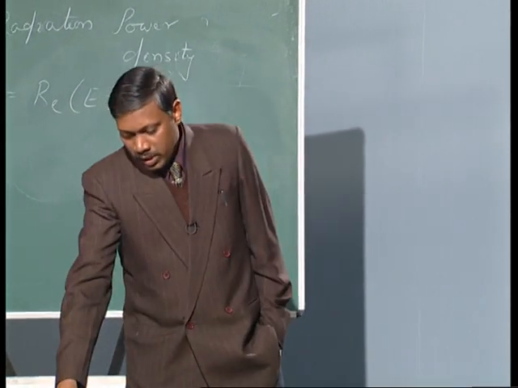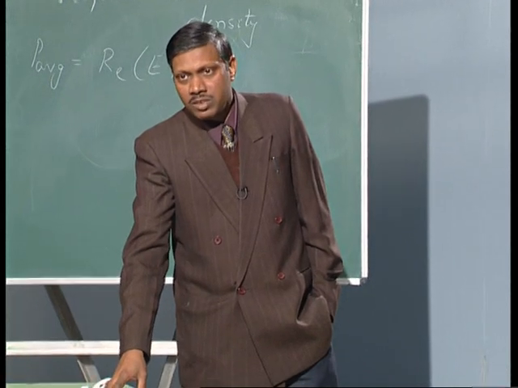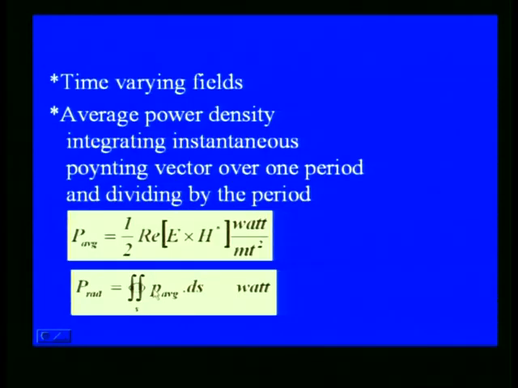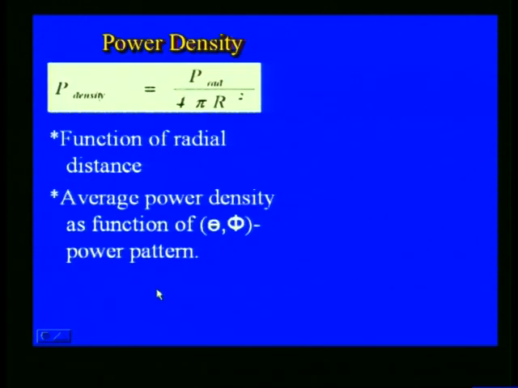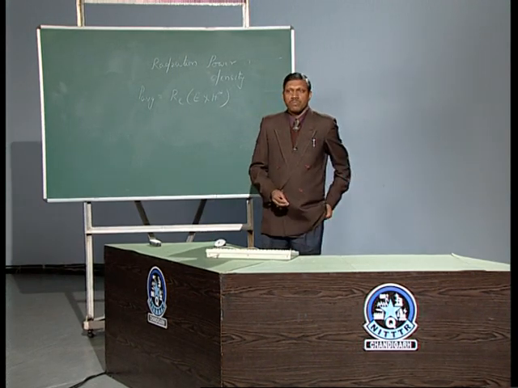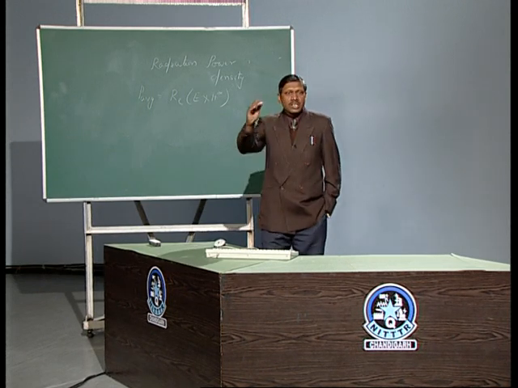So, when you have the P average, the average power density, in front of you, integrate that over the surface, then you will get the total radiated power. Now, once you get this total radiated power which is coming out of the antenna and it is getting distributed in the surroundings, then this distribution averaged over the distance, like